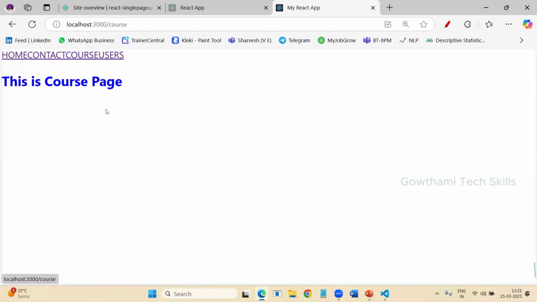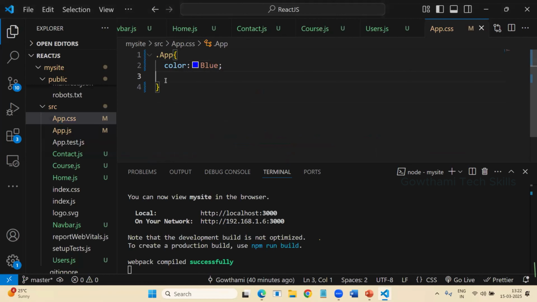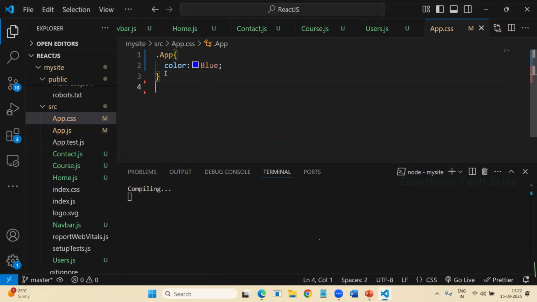If I'm clicking the course page, only course page details will be seen. So why are the links close to each other? It means you need to apply the styles. Where to apply the styles? In the app.css, you just do the stylings for each and every page. So very simple, what I can do here is, for the nav